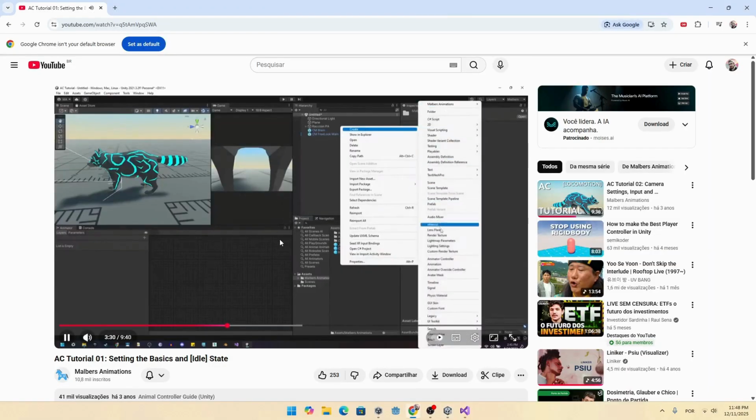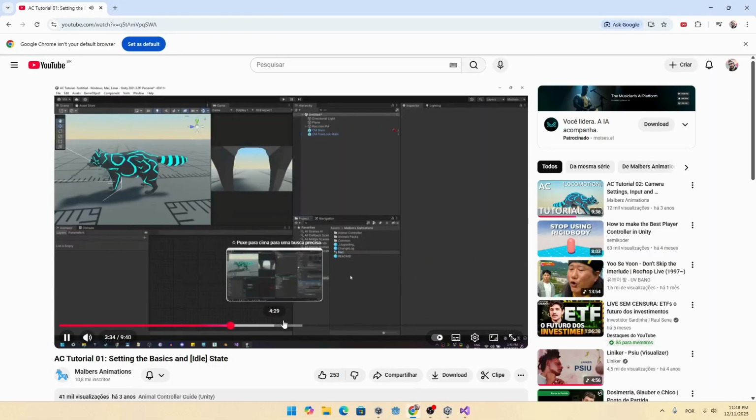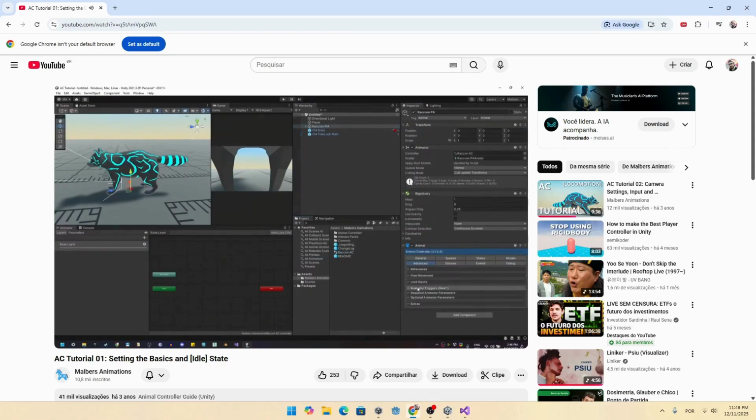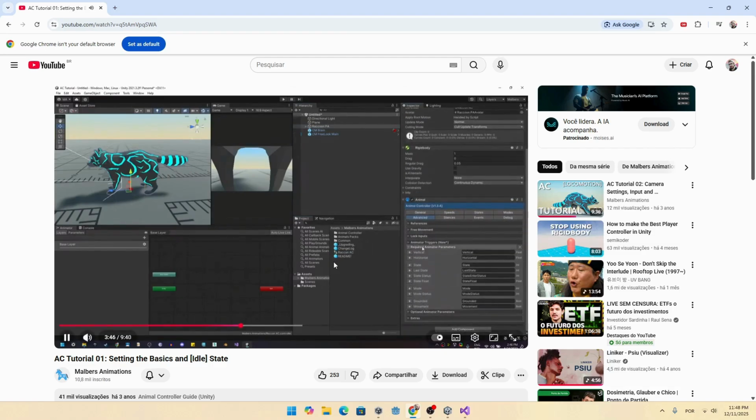a new animator controller that will be used for the raccoon. Let's call it Raccoon Animal Controller, and we are going to use it here on the animator. Now on the advanced tab, let's create the required animator parameters for the animator. Let's click right here, and they'll be created